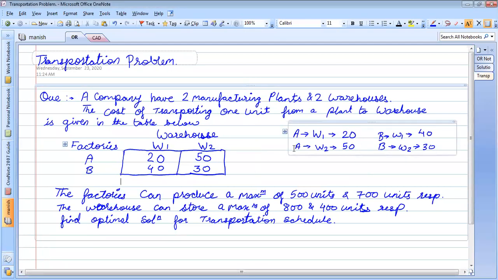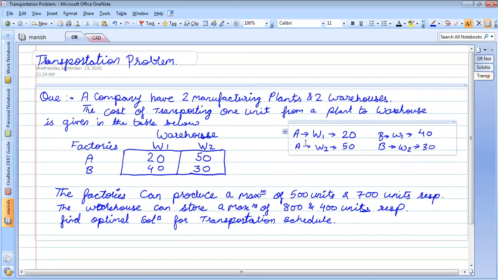Similarly, if from Mangalpalli to, say, NGO's colony, the cost of transportation is 50. See why I am always giving these examples like NGO's colony or BN Reddy, because I stay in NGO's colony, so I remember these places. You can assume any place you want. This is just an example.